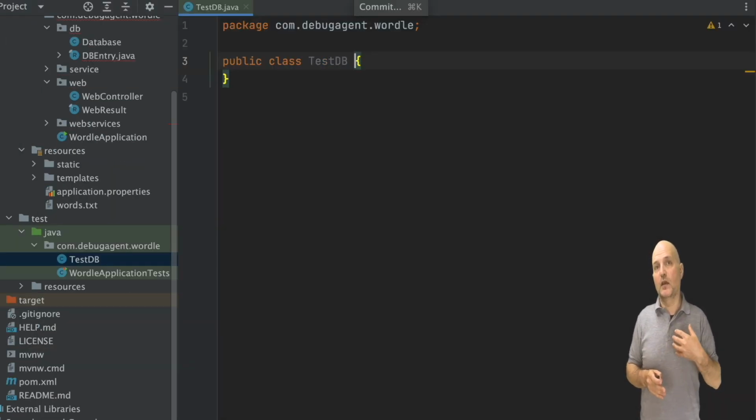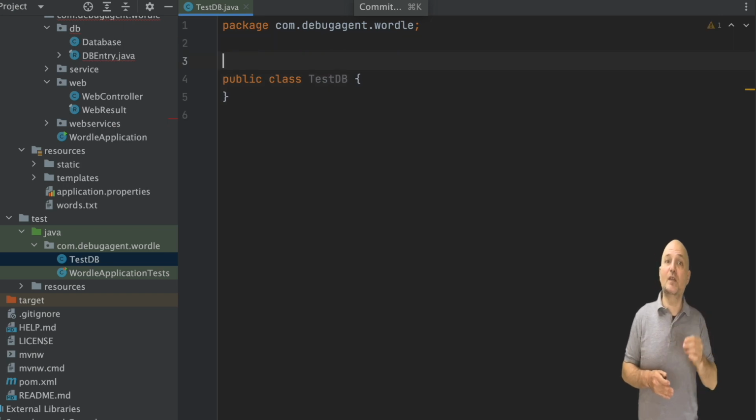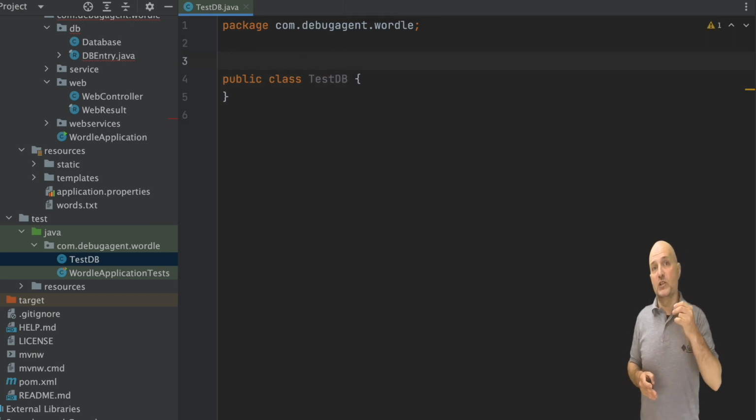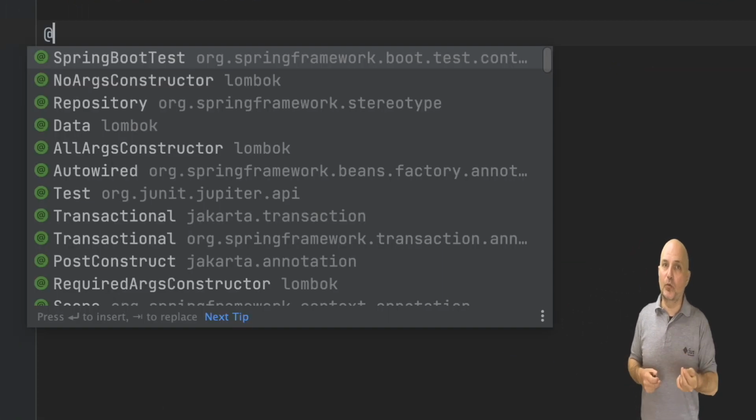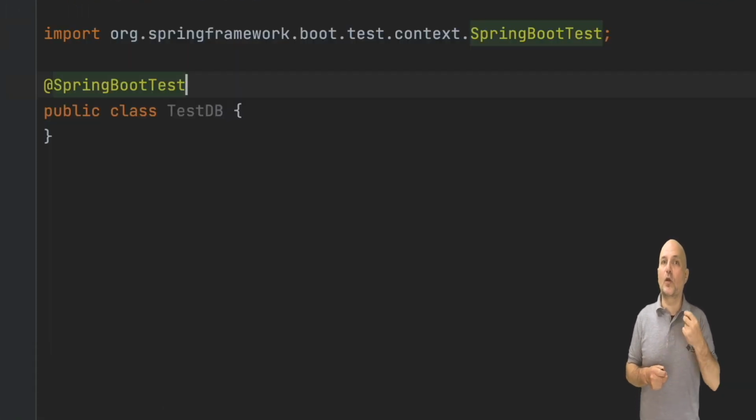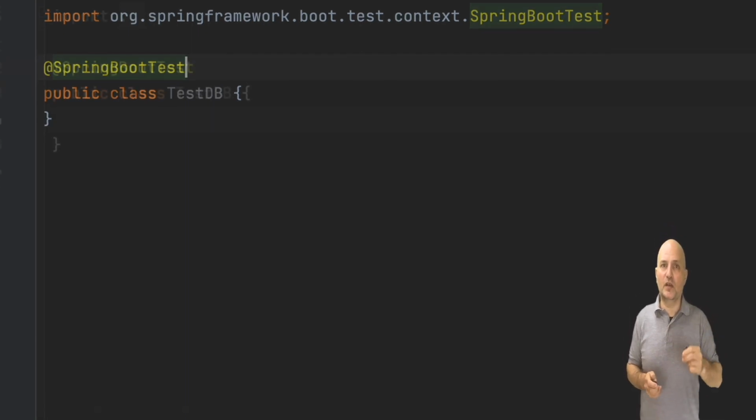We created a new testDB class in the test directory, which is designed for test code. Spring Boot has some built-in support for custom test execution that makes life much simpler for us. By using this annotation, we can leverage a lot of the capabilities of Spring in our tests.